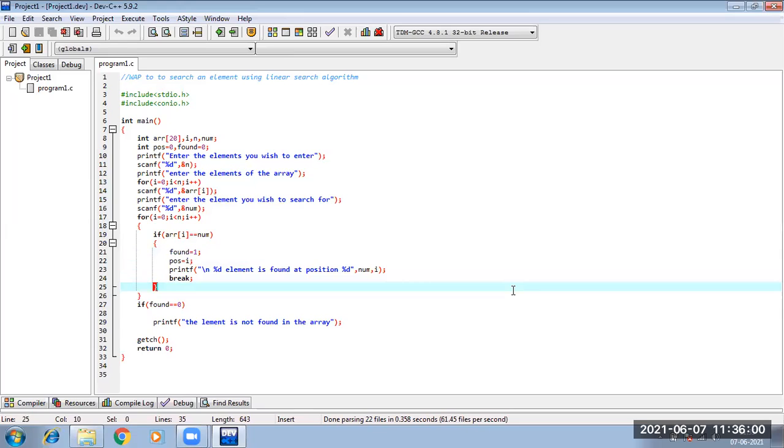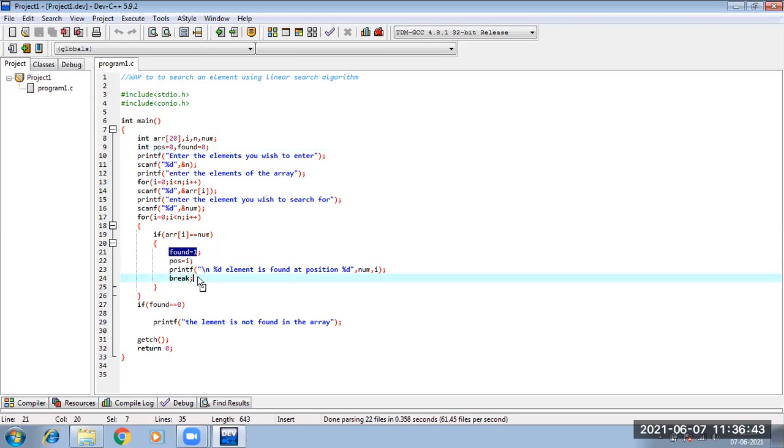Whenever we write any searching algorithm, we always start with setting a flag. The flag is initially, when I started my algorithm, by default set to 0. I have written this variable as found. If you want, you can write this variable as flag, as A, as B, as anything you wish to. This means that if I find the element, that is, my search is successful, I will change the variable found value to 1.